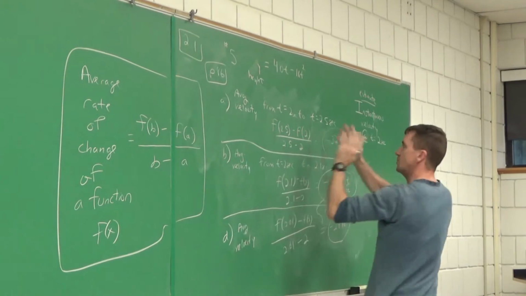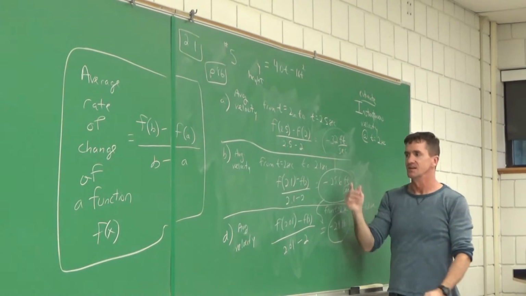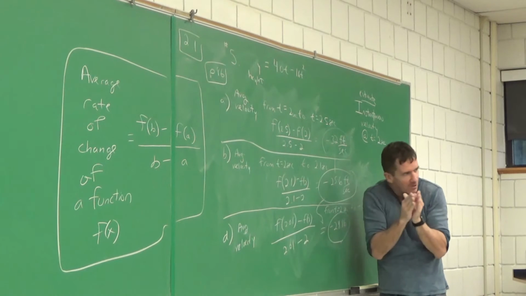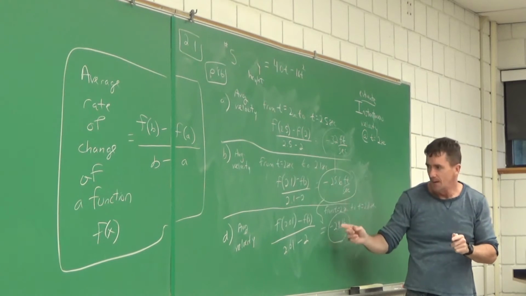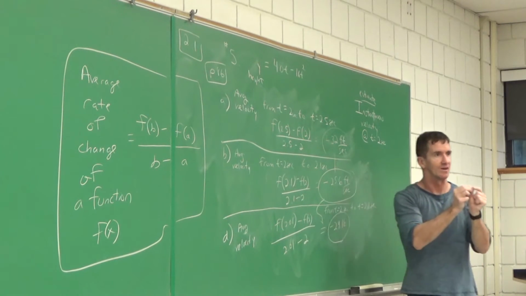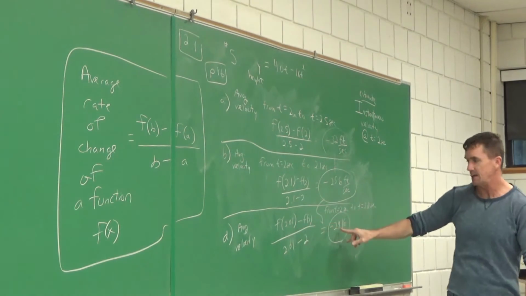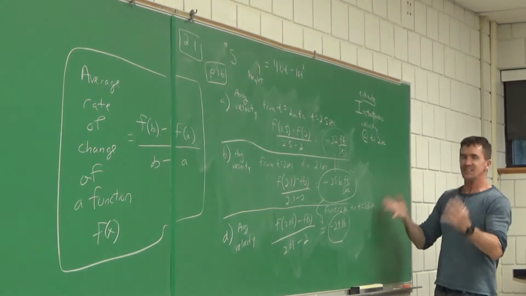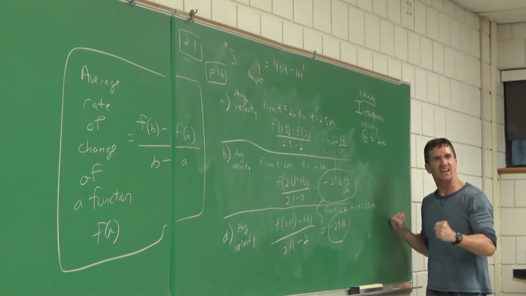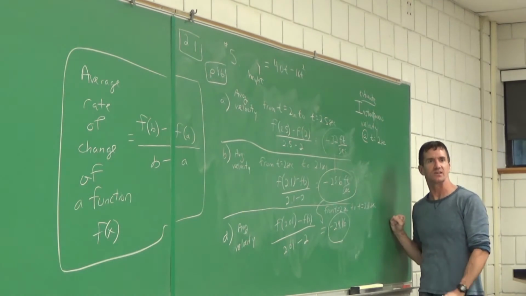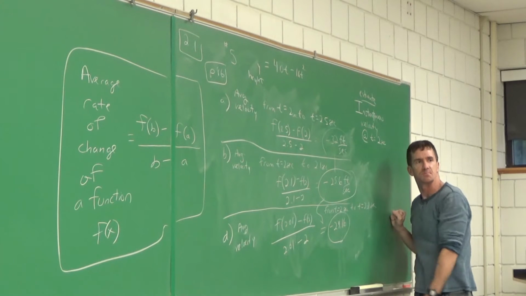Because between 2 and 2.5 seconds, that's the average velocity. Between 2 and 2.1 seconds, that's the average velocity. My goodness, these are like on top of each other, right? This is very close to an instant, right? It came down to this. So if we had to estimate what would be the instantaneous velocity right at 2 seconds, which one of these answers is the best estimate?